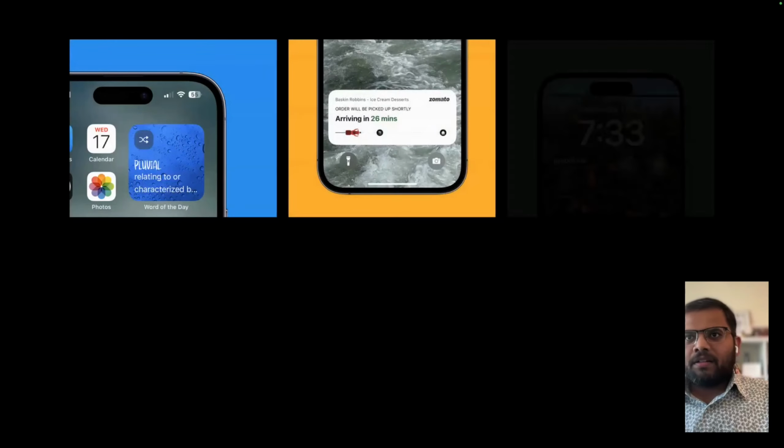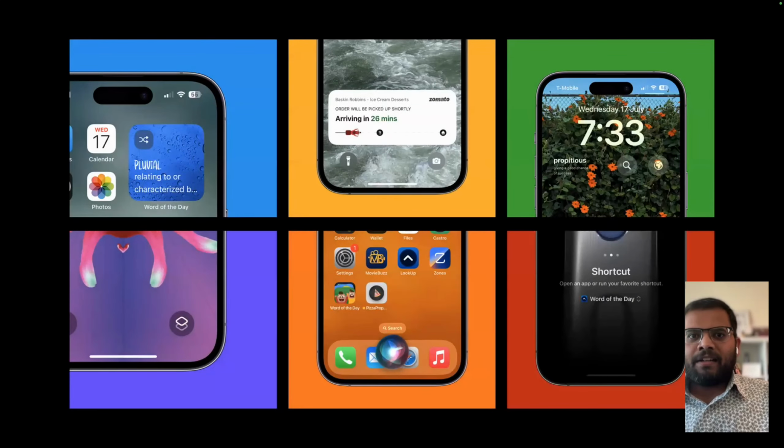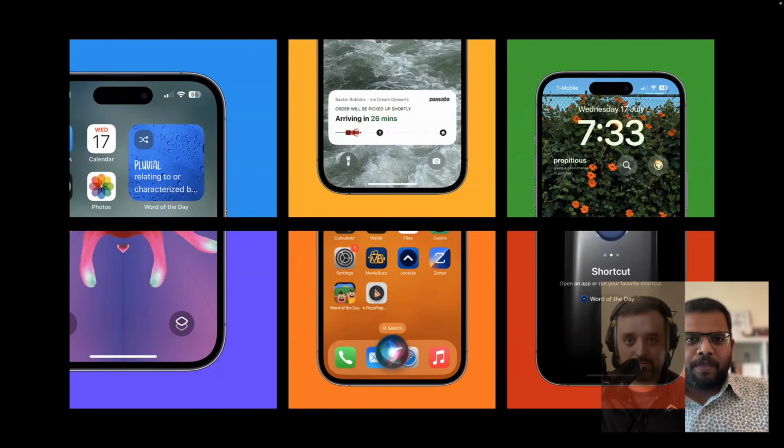And this is what interacting with apps looks like today. It's not just a phone app. You could have a word of the day widget. You could have a live activity. You could have a shortcuts action that is customized to your action button. Or you could even have control center widgets that act as actions. Very soon you'll be able to run different app intents through Apple Intelligence. So hopefully that is going to be the next big frontier as well.